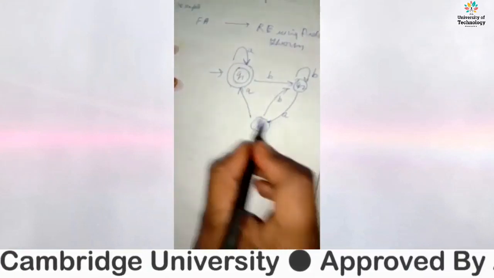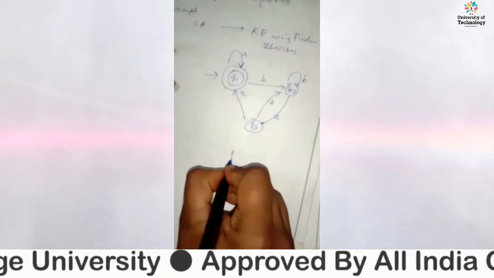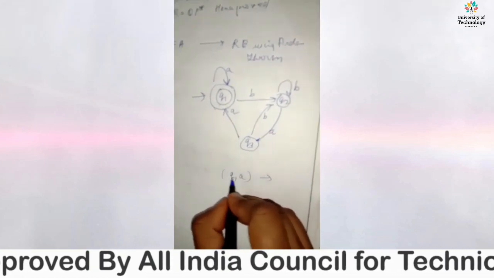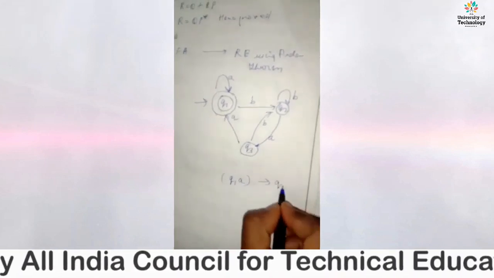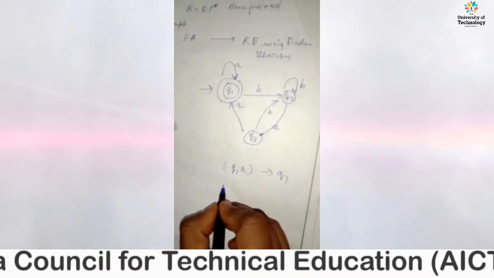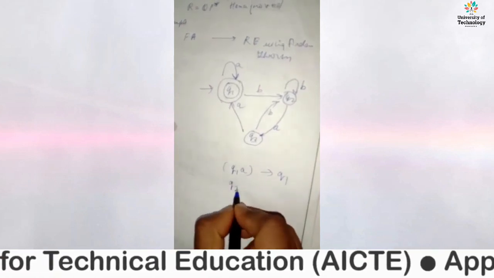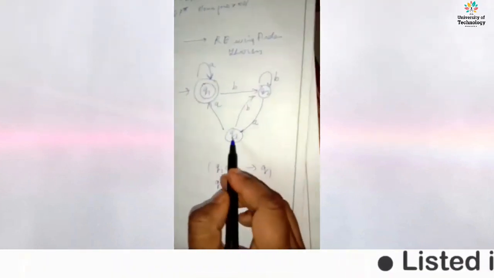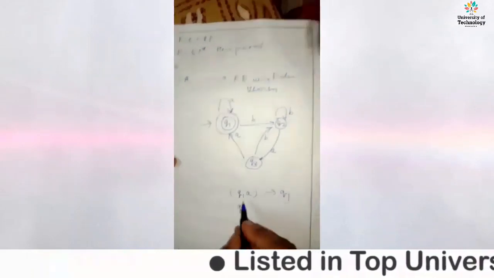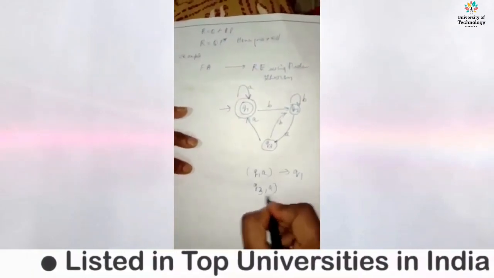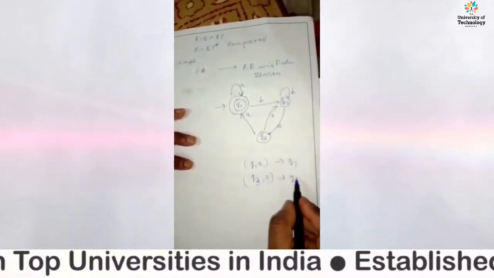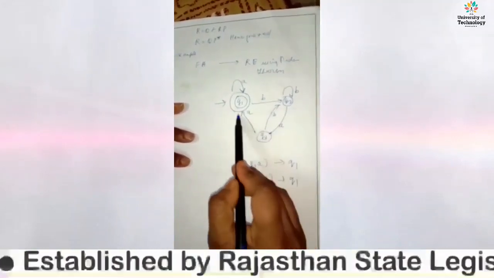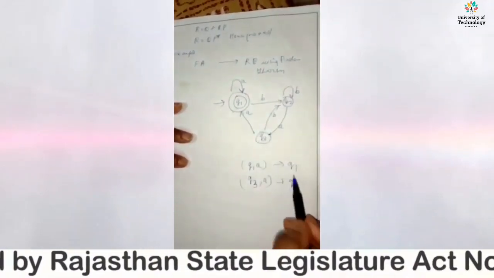Now we'll see how you can reach Q1. What are the various states by which you can reach Q1? See, Q1 can be reached as Q1 A. If we go from Q1 using A, then you can come to Q1. Then similarly, how can you reach Q1? Q2? Is there any way? No, there's no transition from Q2 to Q1. Now there is a transition from Q3 to Q1, so you can write Q3 A, then you can reach Q1. So the various ways by which you can reach Q1 are first Q1 A, then Q3 A. Right? So these are the two ways.